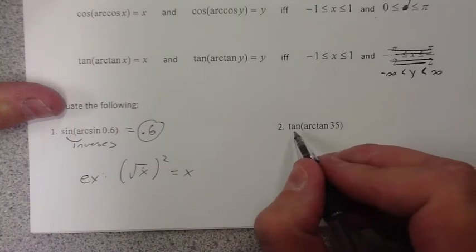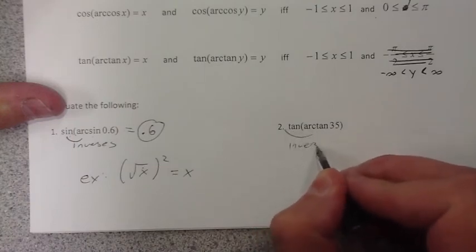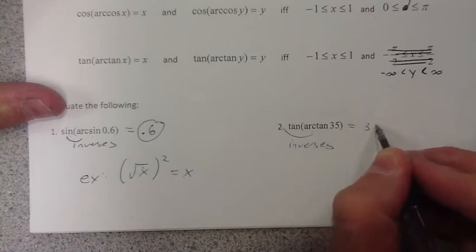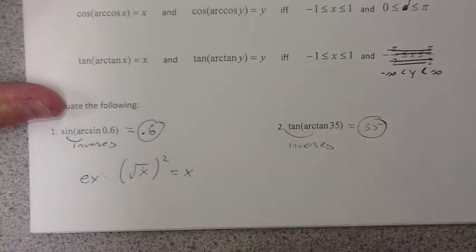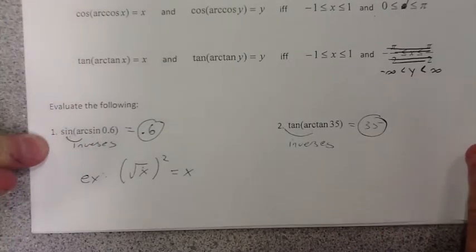Tangent of the arc tangent of 35, again, inverses. So we should just get 35. And that's one of the most basic properties that we have. Okay? Very easy to do. And you can follow your notes and hopefully follow along with that. All right. Taking a look in the back,